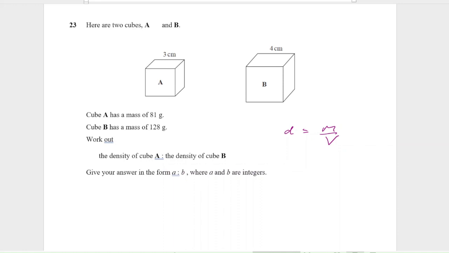Sorry, the volume of A is going to be equal to 3 to the power 3, and then the volume of B is going to be equal to 4 to the power 3. I'm going to rewrite the masses here. 81 is actually 9 times 9, so it would be 3 to the power 4. 128 is going to be,